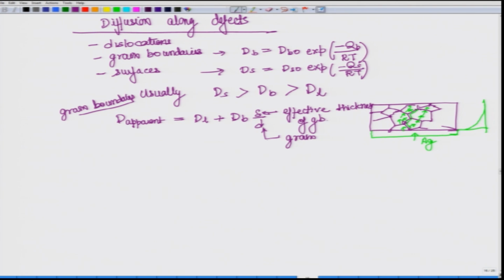So the relative ratio between these two sizes is what tells you the importance of dB. If this is a very small quantity, then you can imagine this will not contribute. If this is sufficiently large, then this will start to contribute, because anyways this is a very large quantity. So this can also be written as dApp by dL, meaning relative with respect to lattice diffusivity, how different it is. Then this will give you a much better idea how these two are related.